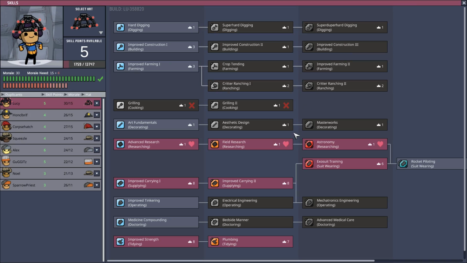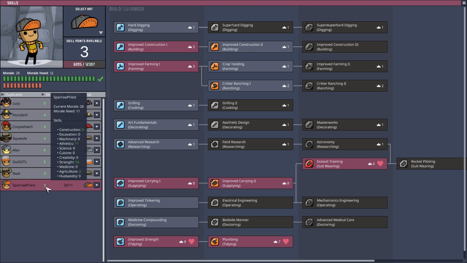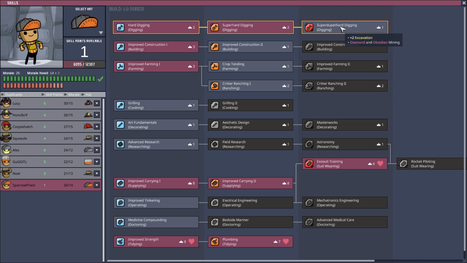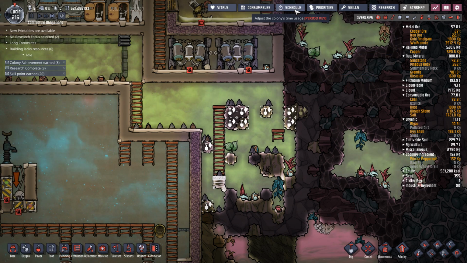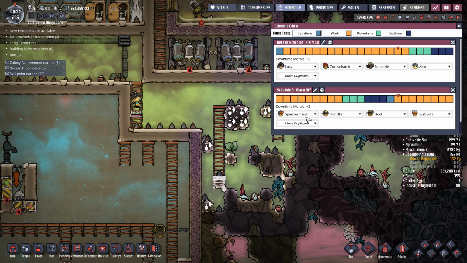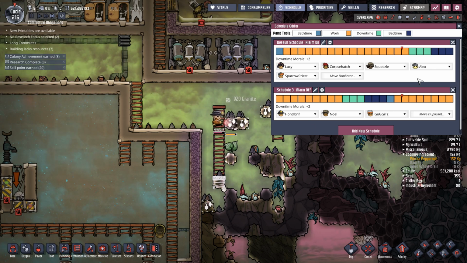Let's go to skills. Now, I was going to get Sparrow Priest to have the digging, wasn't I? And he's got 3 skills. I need to get rid of these 2. I need to scrub his skills at some point. Let's just get him up to super hard digging. So now I should have a person on each shift. Let's have a look. So we've got Honkelbriff on 1. I need to switch. Sparrow Priest needs to move to the default schedule. And I can move...